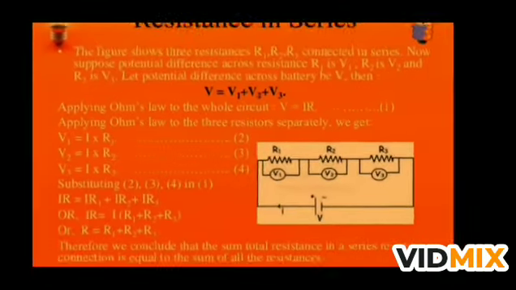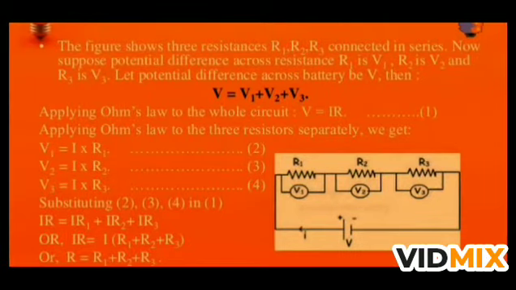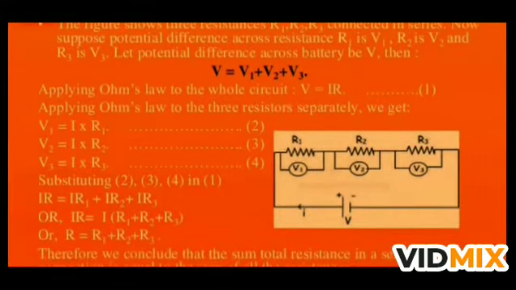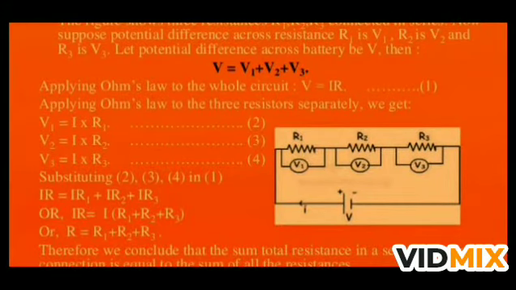So this is how we can add the resistances in series. If you see R1, R2 and R3 connected with the help of a cell, and current is flowing in that circuit, the potential across R1 is V1, across R2 is V2 and across R3 is V3, but the total V1 plus V2 plus V3 is equal to V. Means if you add all the potential differences, the sum is equal to V. So V is equal to V1 plus V2 plus V3, and if you apply Ohm's law to the whole circuit, then you find V1 is equal to IR1 because current remains the same, V2 is equal to IR2, and V3 is equal to IR3.